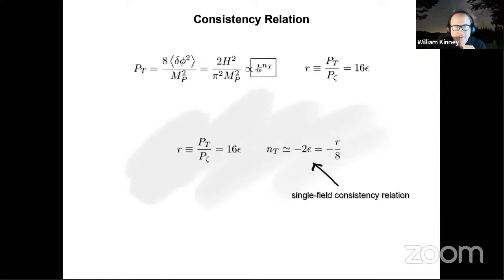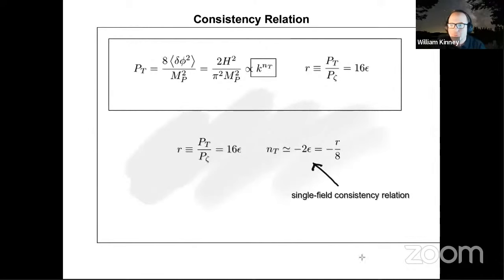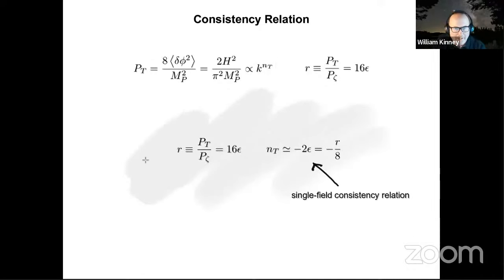Yes, Sriram. We are 10 minutes past the time, and we are meeting again for questions in 20 minutes. Oh, holy cow. All right. My apologies, I lost track of time. So I will stop here with the consistency relation for scalar and tensor perturbations, and we will take up next time with the Mukhanov variable calculation.